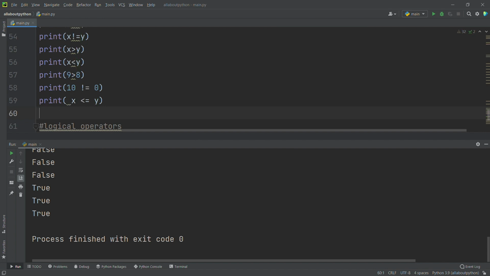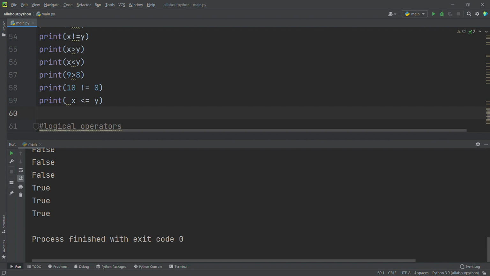Now we'll see logical operators. In logical operators we have only three operators: and, or, and what's the last thing? Not. Okay, we'll see all the three logical operators.